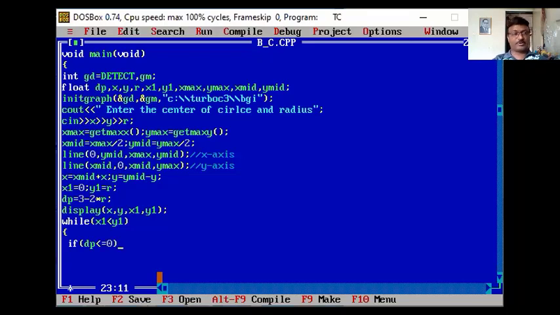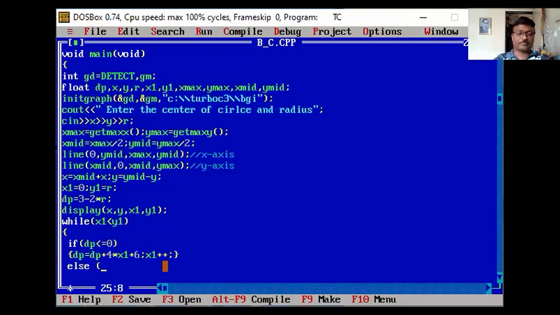Okay, where you have calculated decision parameter? Here. See, this is my 3 minus 2r. This is my decision parameter. Is less than or equal to 0. So that time what you can do? You have to increment dp. dp is equal to dp plus 4x1 multiplied by x1 plus 6. This is my next decision parameter. Then x1 plus plus, that you have to increment x1. Close this. Okay. Else,